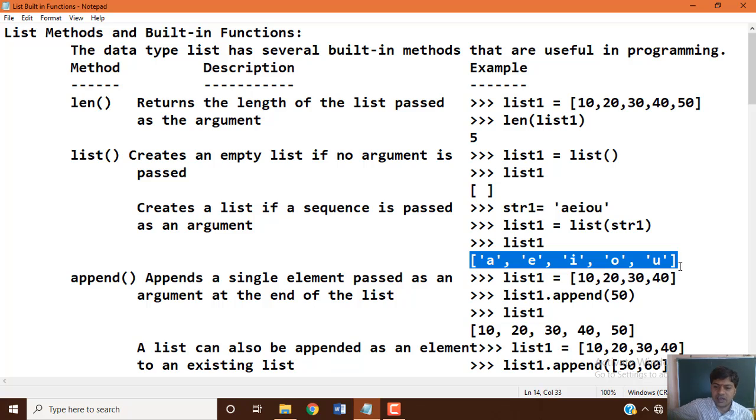The string data is converted to list type data. The string variable we passed as an argument to the list function is converted to list data items. This is the string value, and a string value should always be enclosed with single or double quotes, and each character is separated by a comma within the list. A list is always enclosed with square brackets, and the data items inside the square brackets are separated by commas.